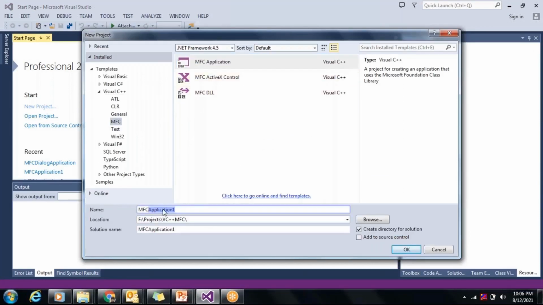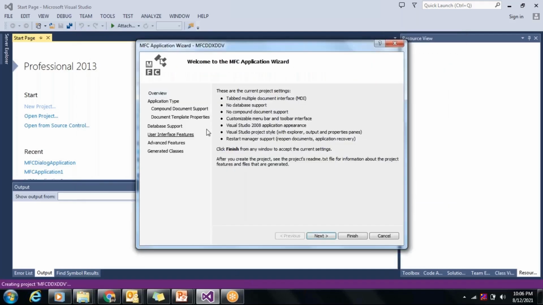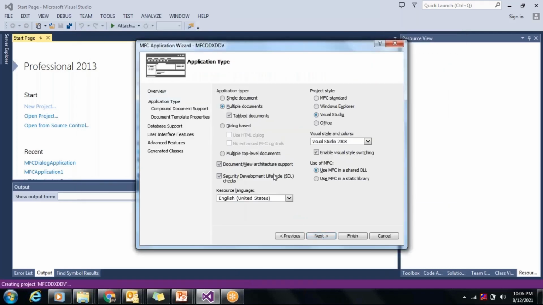This is my MFC DDX DDV example. I'm going to select the project type as dialog based application and finish it.